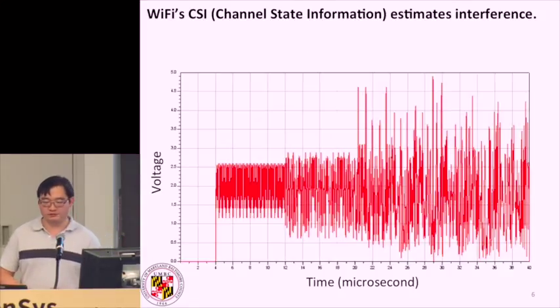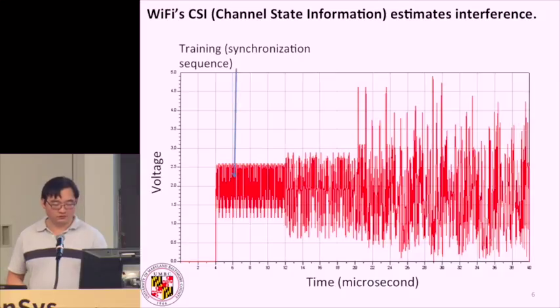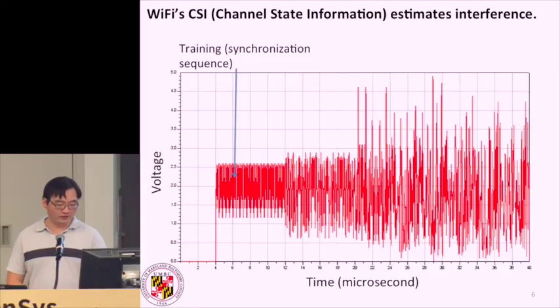So how do we sense this BLE? We use what traditionally a lot of people call CSI, channel state information. What channel state information is, it provides information to the Wi-Fi receiver of the interference that currently exists in band. So this is your standard Wi-Fi packet. The x-axis is time, the y-axis is the voltage, so we're sampling what's called a baseband of the Wi-Fi signal.